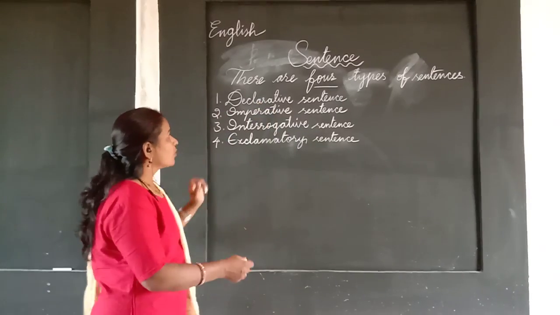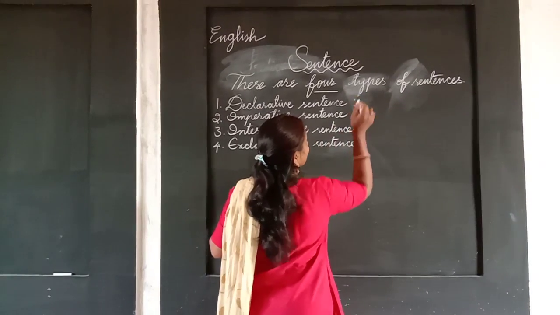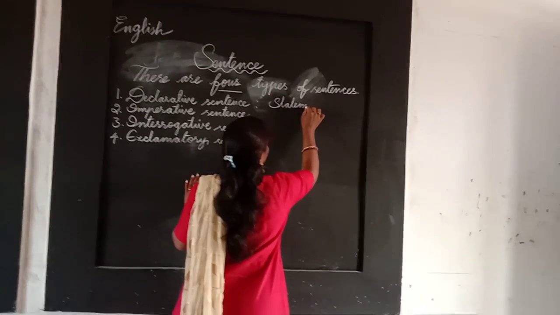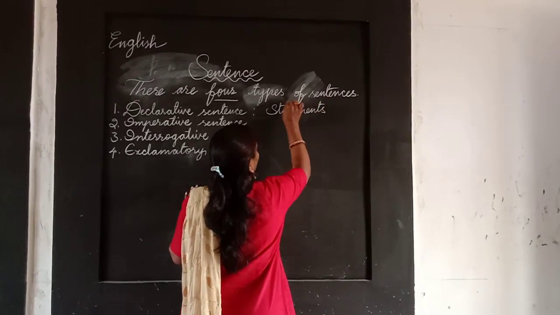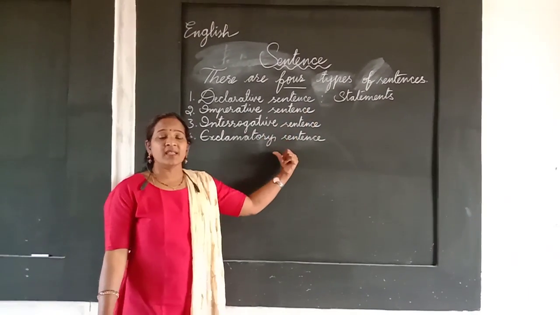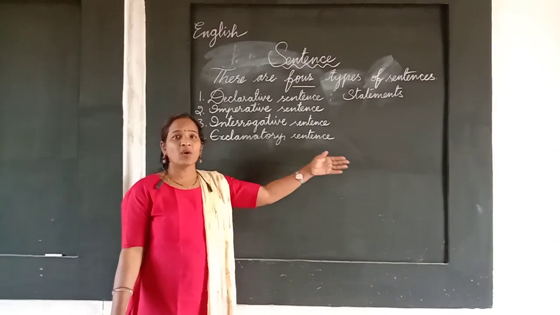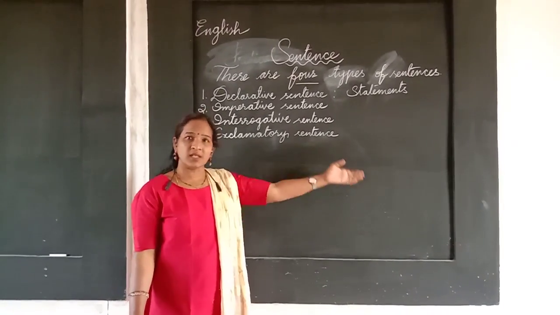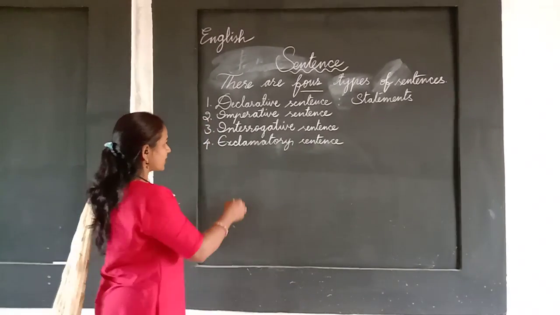Now let's learn what a declarative sentence is. Declarative sentences are nothing but statements. Statements can be either affirmative, positive, or negative. Now let's see a sentence. For example,